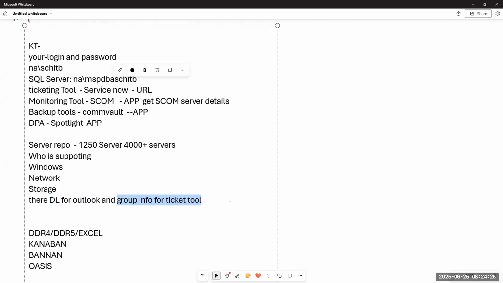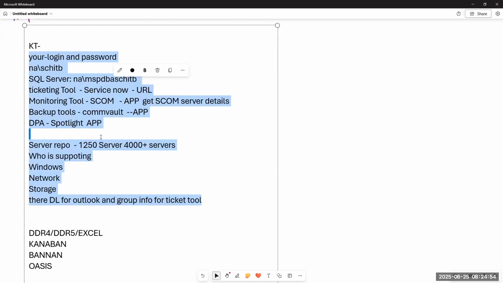Don't think the Outlook group and the ticketing system group will be the same. No, it will be quite different. So find out what DL we use for the Windows team and network team, because you need to get it ready before you start picking up the tickets.